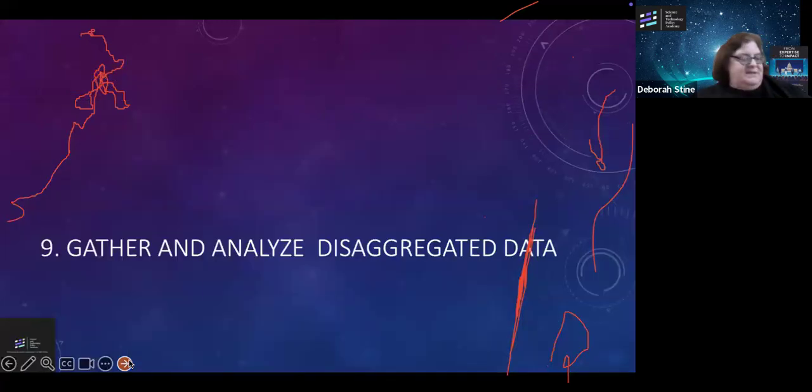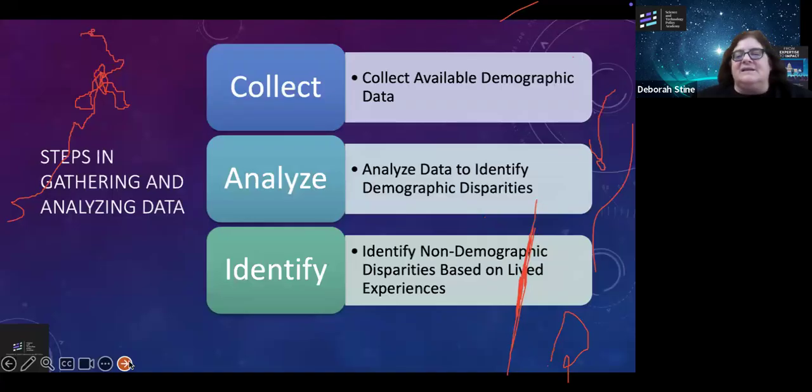So the next step is gathering and analyzing data. Basically, you're collecting the data, analyzing it, and then identifying both demographic and non-demographic disparities based on lived experiences. One thing that often happens to us as analysts, and particularly someone like myself, is I'm going